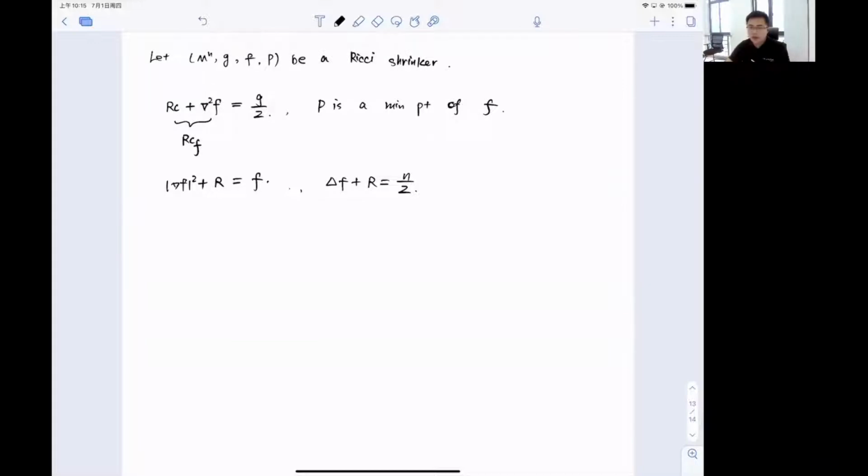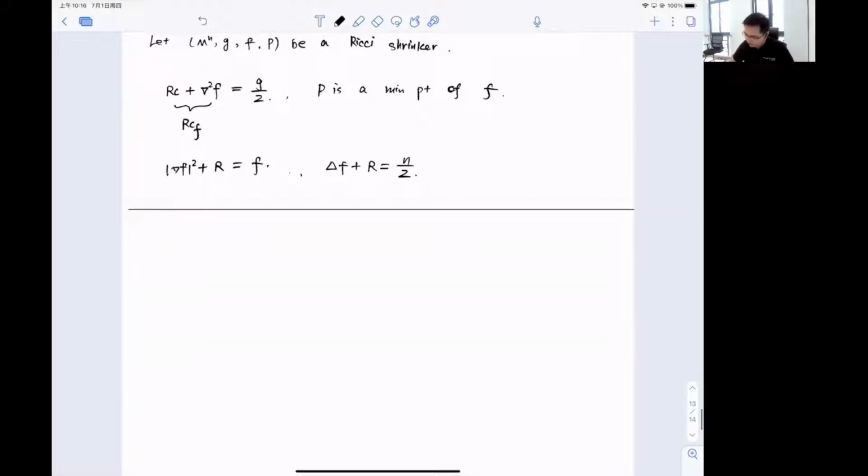Now, in today's lecture, I will introduce an important geometric quantity that is called the entropy. The entropy was originally introduced by Perelman for compact Ricci flow. We will see today how that is closely related to the entropy defined on a Ricci shrinker. Now, with all those preparations and normalization, we can define